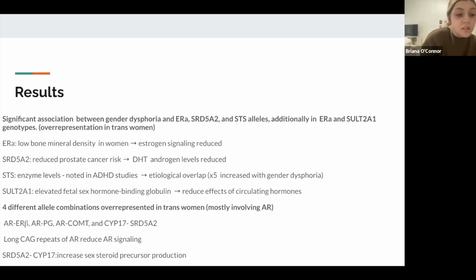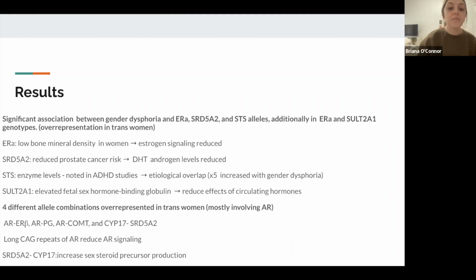And SULT2A1 is associated with higher fetal sex hormone binding globulin, which is a glycoprotein that regulates circulatory sex steroid bioavailability, so it could reduce the effects of the circulating hormones. Next, 4 different allele combinations or polymorphisms were found to have a significant overrepresentation in trans individuals. So of these 4 allele combinations, 3 of them found long CAG repeats of AR, so androgen receptor, which reduces androgen signaling, and